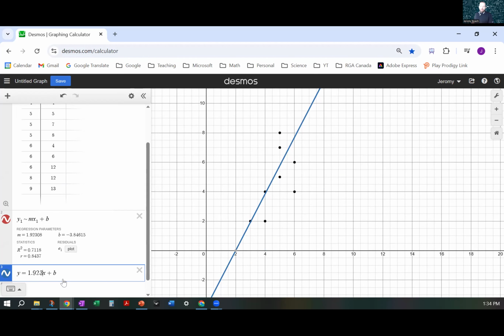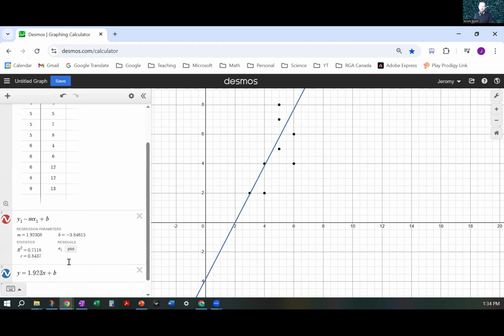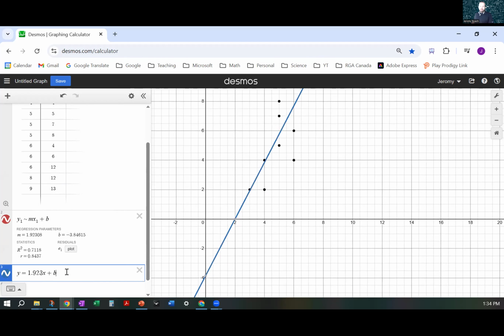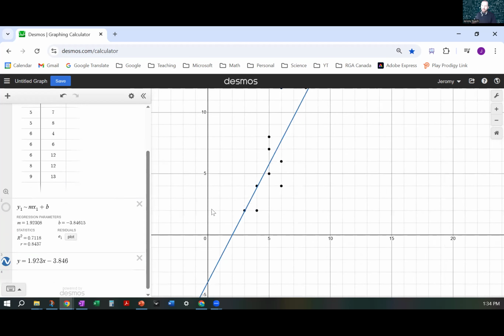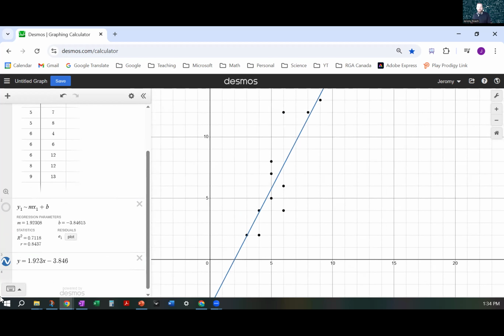And for the b value, the y-intercept is at negative 3.846. And as you can see, the red line is the same thing as the blue line. So that's how you can find what the line of best fit equation is, if you're ever asked to do that. All right, let's go back to the